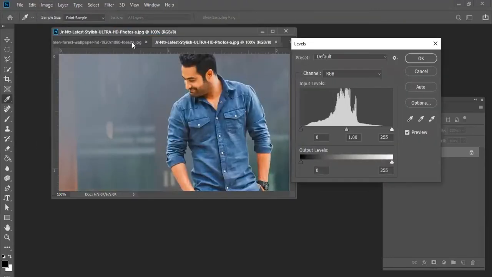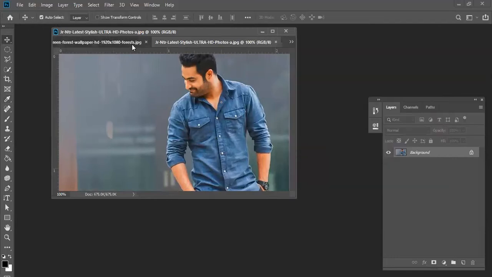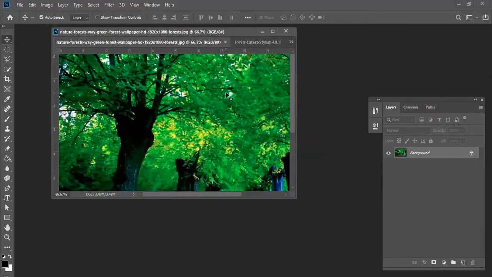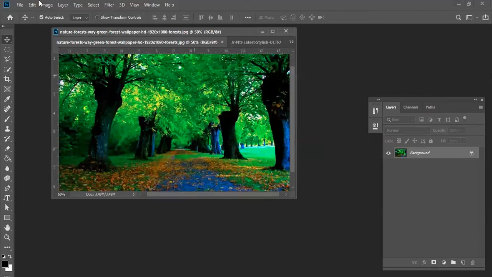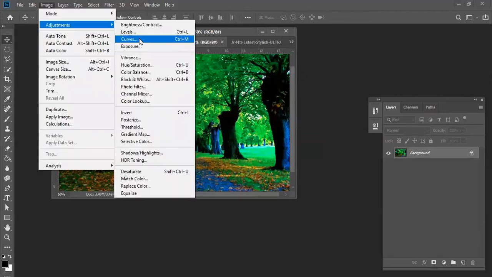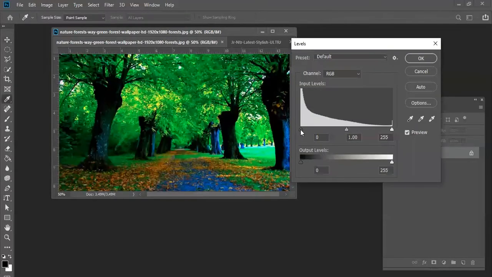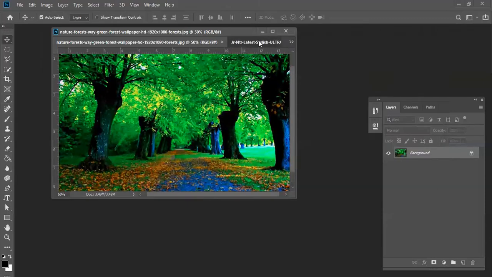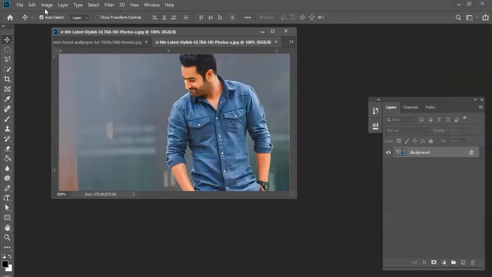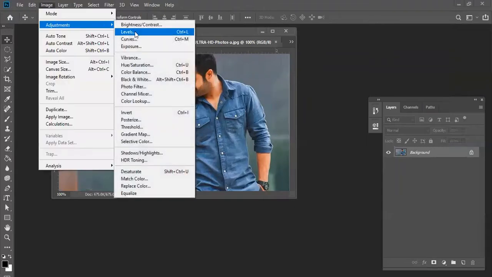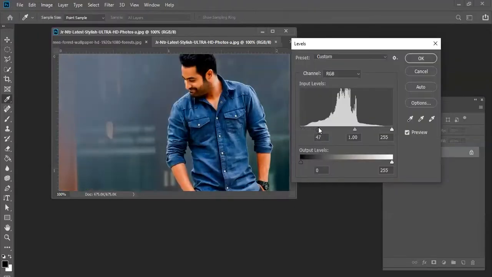Levels, you know, if, for example, you have a forest or something like that, you can easily adjust the values, like levels. When you're adjusting like this, you will get more depth of color. If you're adjusting here, you will get more white. If you apply the same here, you can see this one, Adjustment, Levels. Here when you're adjusting, see the shirt color and all, you will get more darkness. Okay, there is the option for levels.